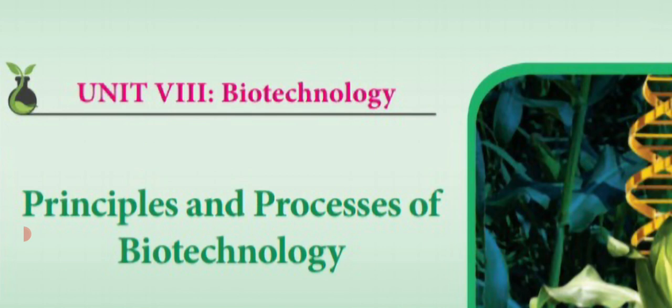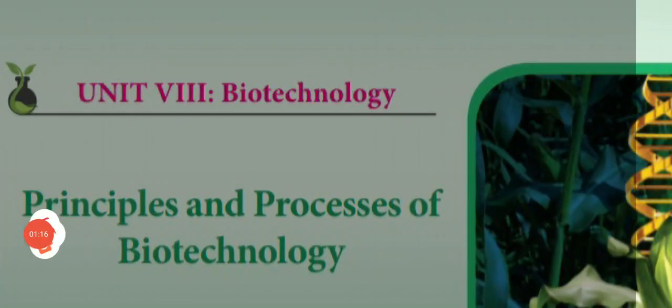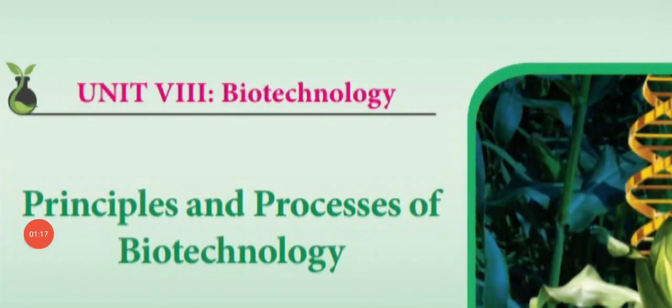Today in this video we are going to see nucleic acid hybridization. That means how we can produce different types of nucleic acid, that is DNA and RNA, by an important technique known as the blotting technique. We are also going to see the different types of blotting techniques and their procedure in this video.